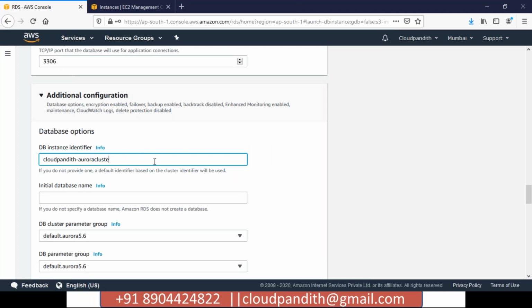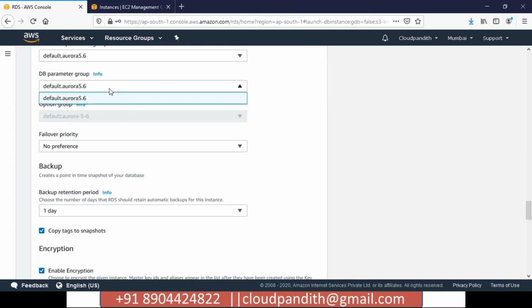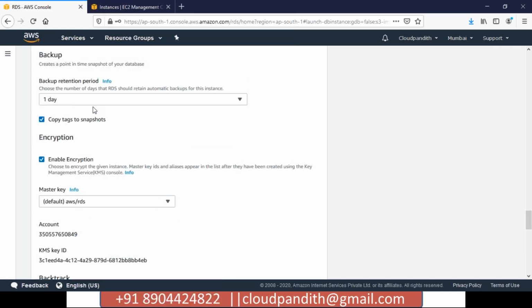So what you can do is Aurora DB. I will say this is Aurora DB. My initial database in this is sample. I am creating a sample database in it. Cluster parameters, all those things are default. You cannot change anything here. As per your version, these things will come automatically. You don't need to worry about that.